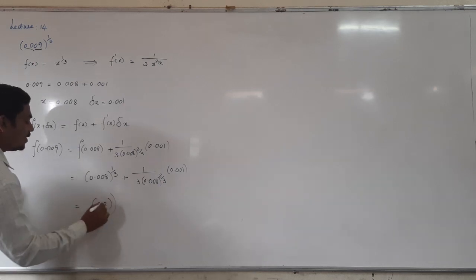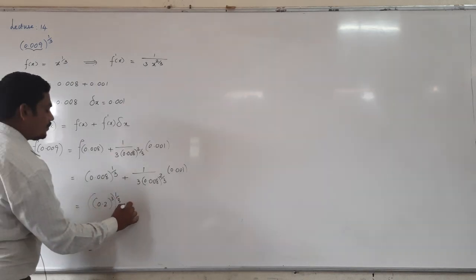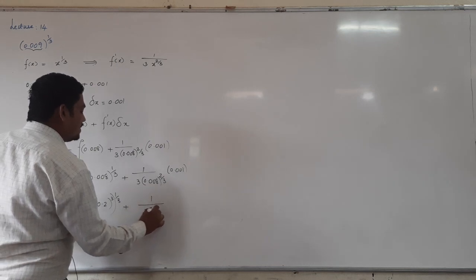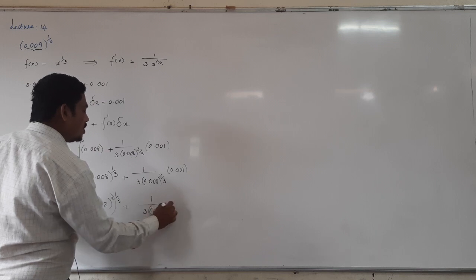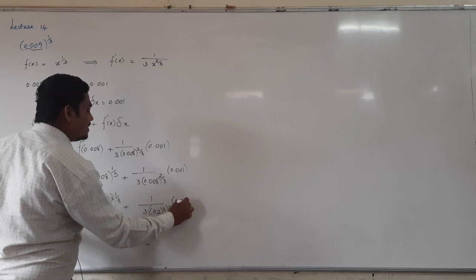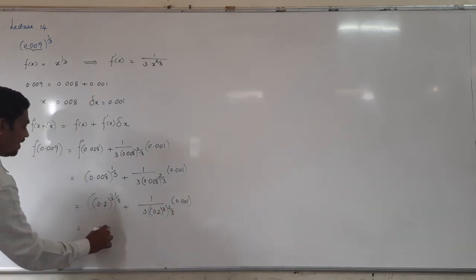So 0.2 whole cube whole thing power 1 by 3 plus 1 divided by 3 into 0.2 whole cube whole thing power 2 by 3 into 0.001. Now it will be 0.2